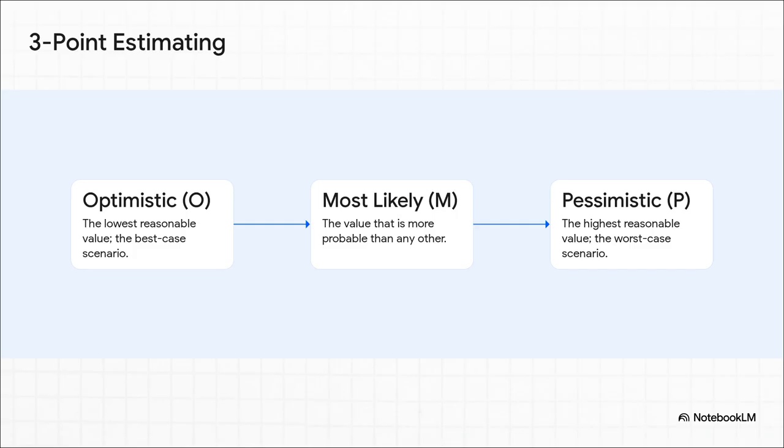Well, pros use this incredibly simple but really powerful technique called a three-point estimate. You don't just pull one number out of thin air. You ask for three. First, what's the optimistic scenario if every single thing goes perfectly? Second, what's the most likely outcome, realistically? And third, what's the pessimistic scenario if Murphy's Law kicks in and everything goes wrong? And then you can turn those three points into a single, much more reliable estimate.